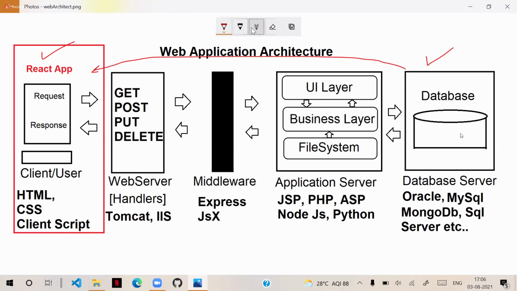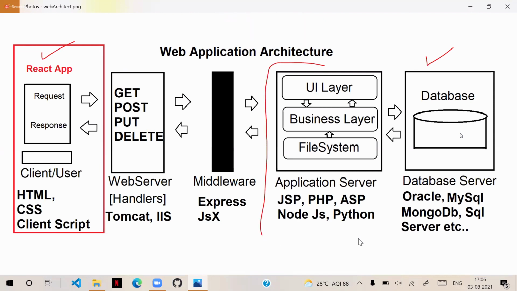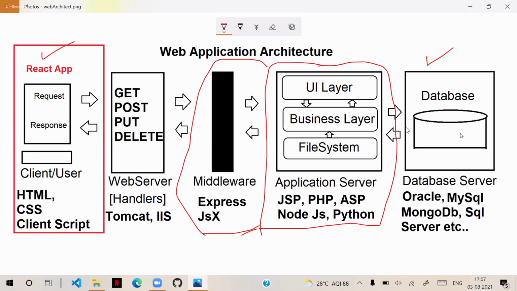Then we need a very important server-side technology, with middleware. That is Express. It is responsible for communicating with the database, interacting with the database, handling communication with the client and interacting with the client.